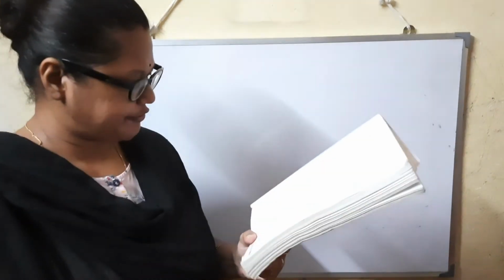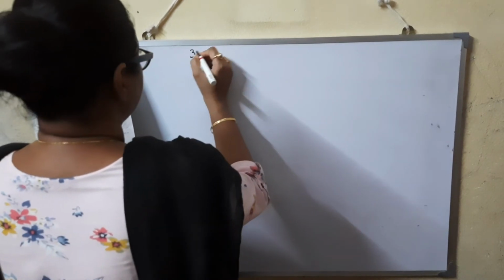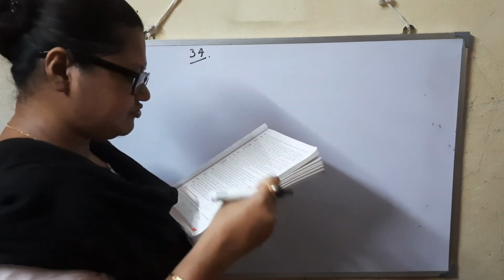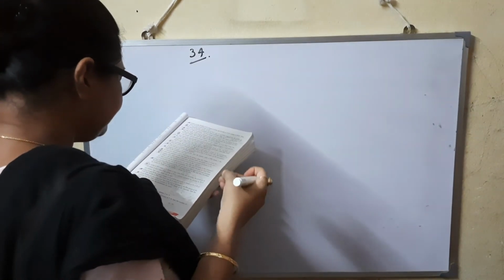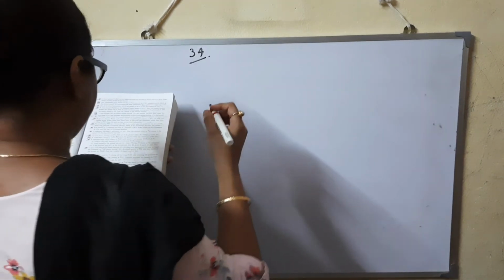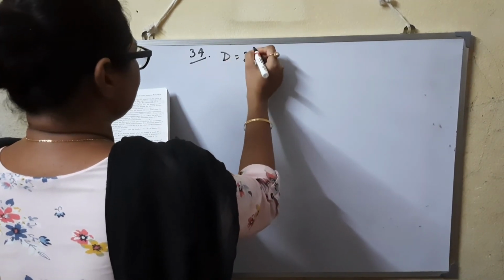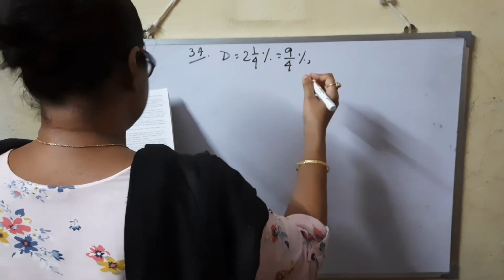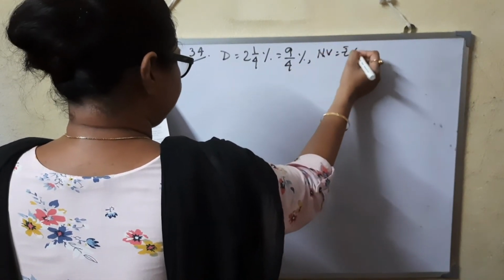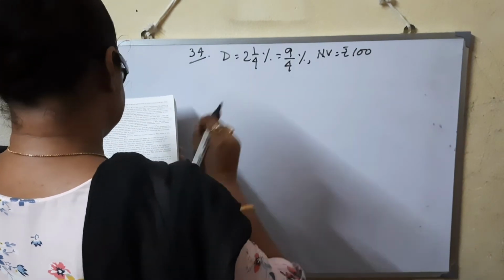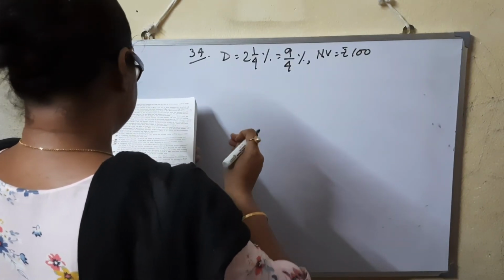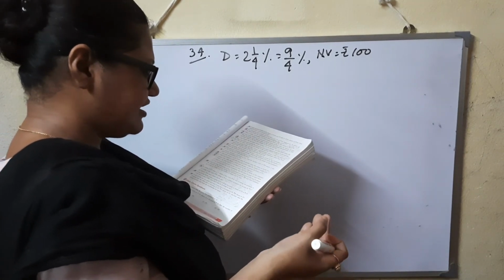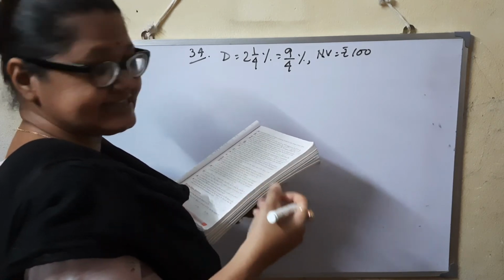Sum number 34. Even in this sum there are 3 or 4 different parts. By selling at rupees 77, 2 1/4% shares, dividend 2 1/4%, so 9/4, of face value rupees 100, and investing the proceeds in 6% shares of face value rupees 100, selling at rupees 110, a person increased his income by 117 rupees per annum. How many shares did he sell?